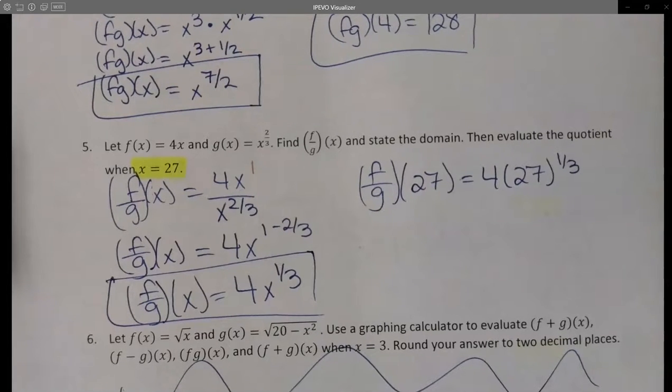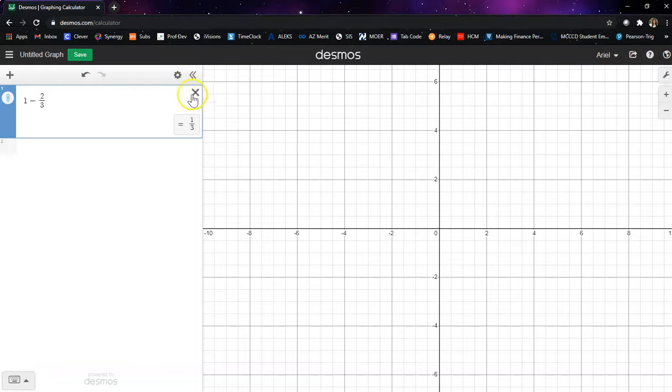Then I want to go ahead and type this into Desmos. Which gives me